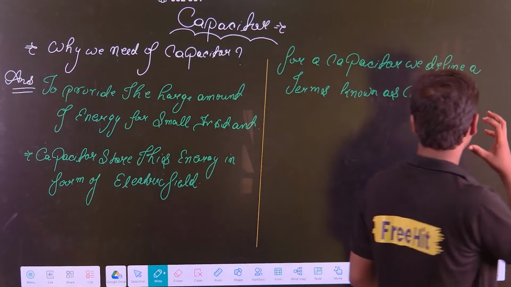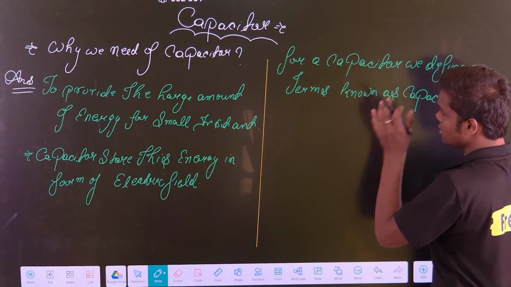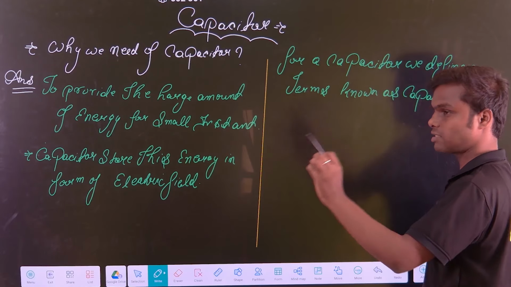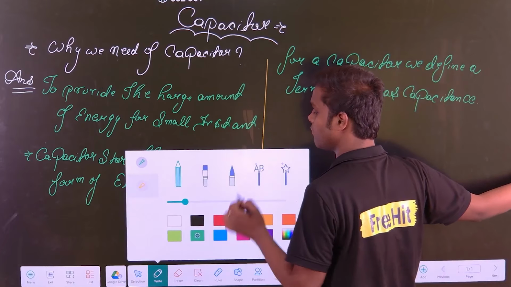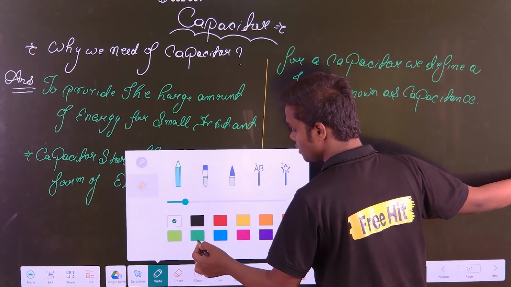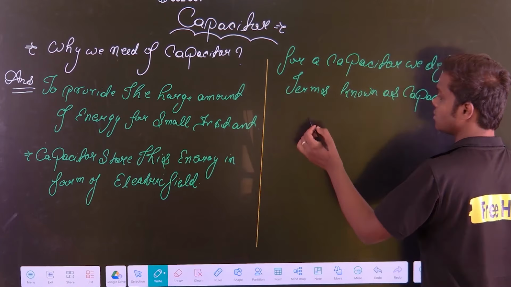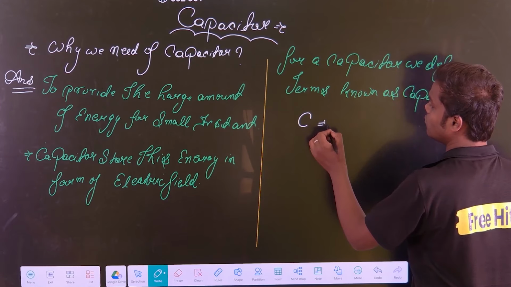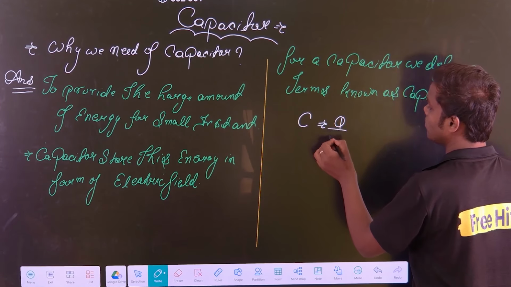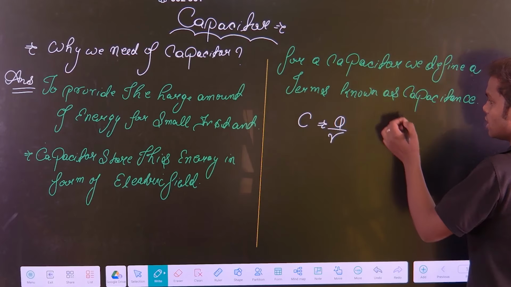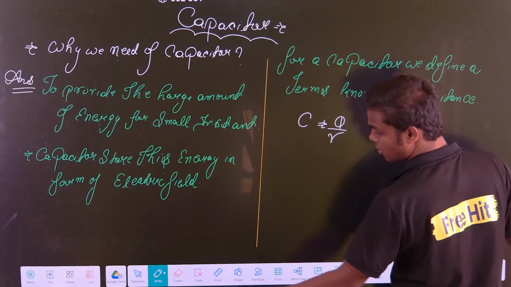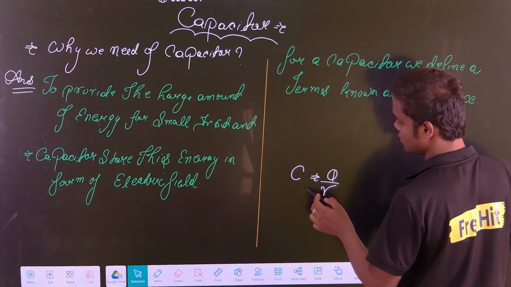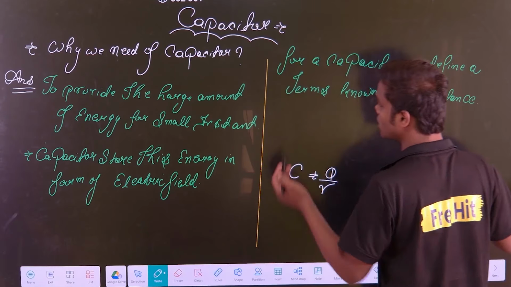If you try to understand, this is basically defined by the scientist. This is not me defining the capacitance. Capacitance is defined by the scientist, and how they have defined it is very important. They have defined the capacitance, that is C, as equal to Q by V. What is the definition they have given? This is the formula they have given, but we have to understand the logical